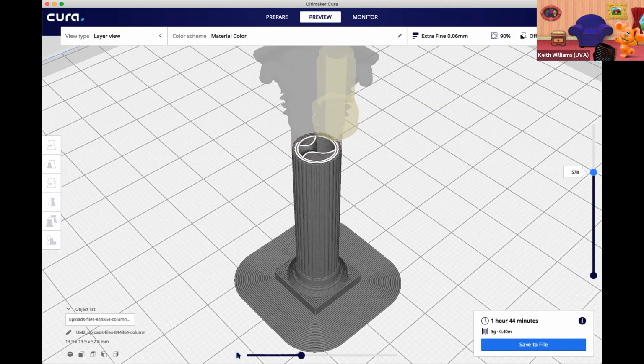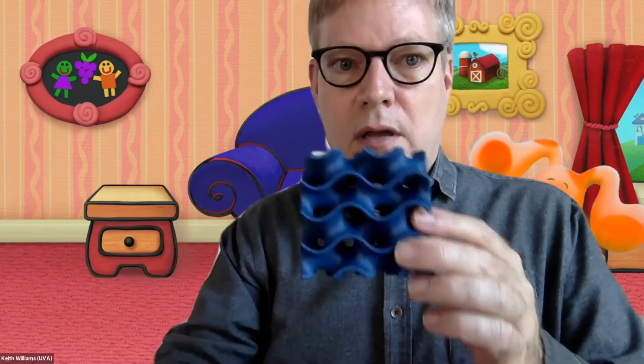This super weird three-dimensional object is a pretty good example of something that cannot be made subtractively. I mean, if you wanted to make this thing subtractively, let me stop. Oh, what was I supposed to click? Stop share. If you wanted to make this thing subtractively,